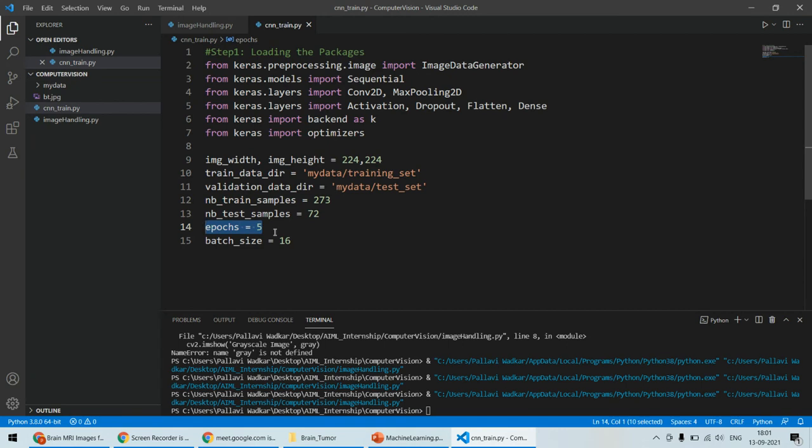तो एटलीस्ट हाउ मेनी टाइम्स आपके सारे इमेजेस उसको दिए जाएंगे। तो यहाँ पे उसका वैल्यू है 5। तो इसका मतलब है 5 इटरेशंस होंगे, 5 टाइम्स मैं उसको ट्रेन करूंगा, 5 टाइम्स मेरा डेटा यूज किया जाएगा फॉर ट्रेनिंग। सो दैट्स द मीनिंग ऑफ नंबर ऑफ इपोक्स।